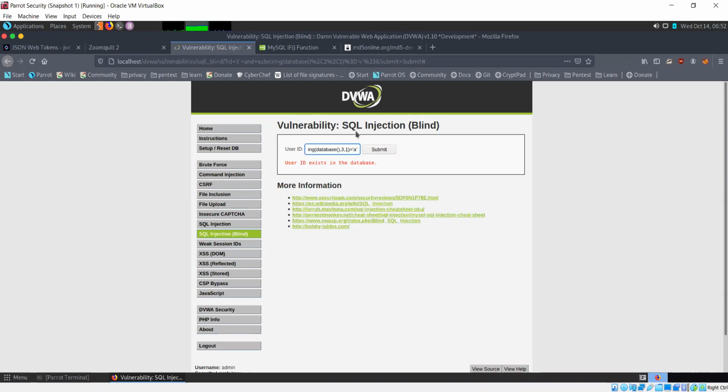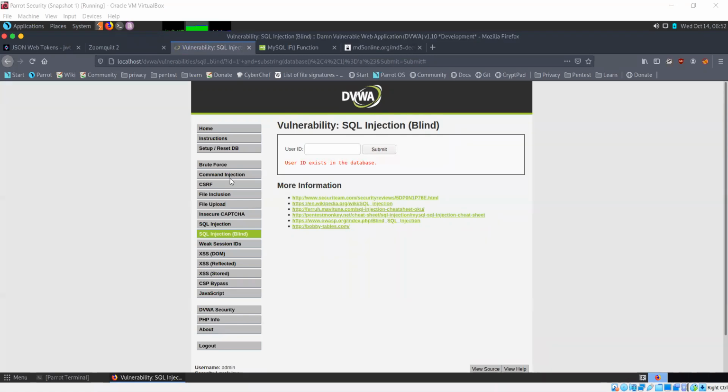Third character should be W. Again, bullseye. And fourth character should be A. So DVWA. That's the name of our database.